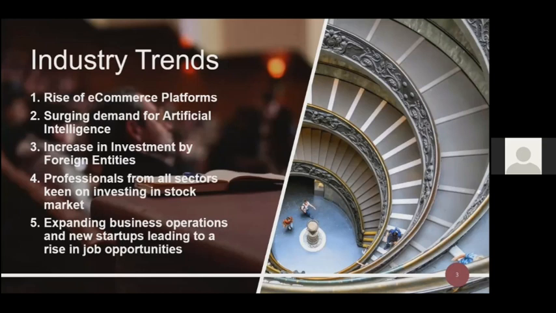Second thing is the surging demand for artificial intelligence. You might have heard many people saying that in 10 years, many people will lose their jobs because of artificial intelligence and so on. So what can be done about this? Firstly, there's some random statistic which says that 80% of commerce and science stream people will lose their job because of artificial intelligence. Well, I don't know where that statistic came from, and it is sort of not true, at least in the next coming 2 decades. But it is always better to keep yourself certified and updated.